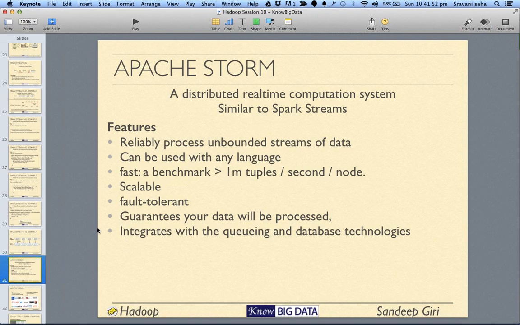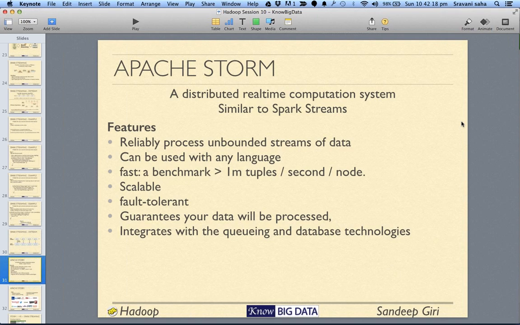But in case of Apache Storm, we designed the whole system bottom up for streaming.